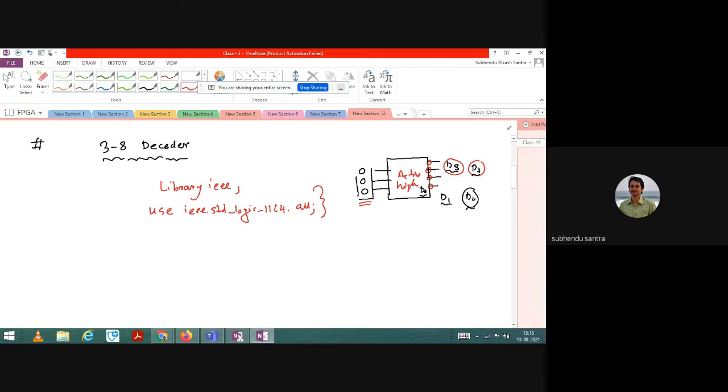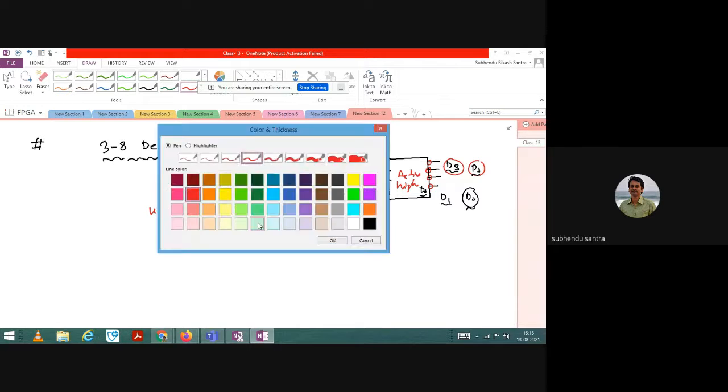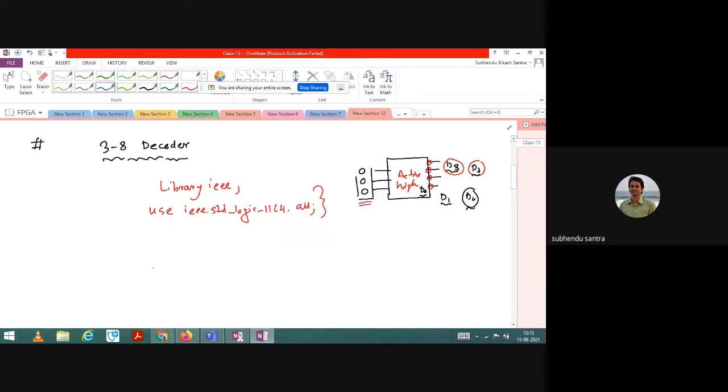So that library definition is already done. All of you know this. Now entity. I have to declare the entity. Let me write in a different color. Entity, what will I write, only decoder, let us say. Entity decoder is, and after that port.